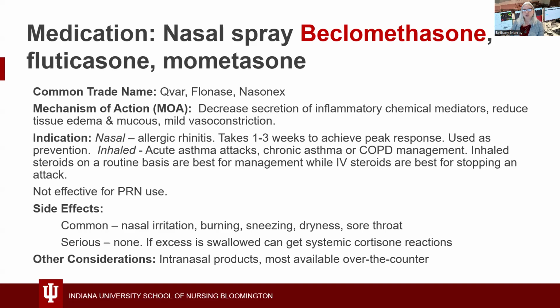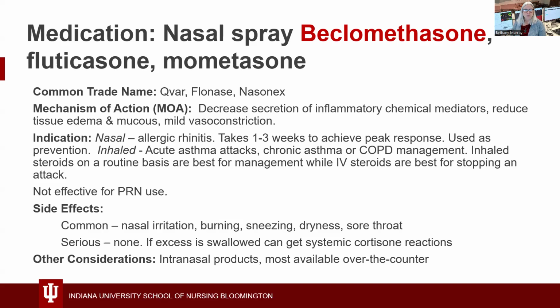So these are available generally without a prescription at the pharmacy, and they work by decreasing the secretion of some of these inflammatory chemical mediators. They act on histamine and on prostaglandins. They reduce tissue edema and mucus production, and they produce a mild vasoconstriction effect. So that helps to also relieve some of this swelling and edema by